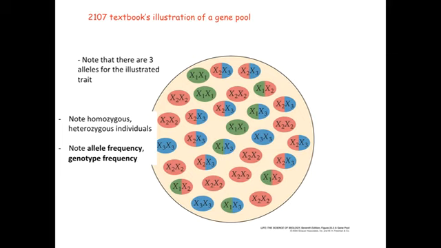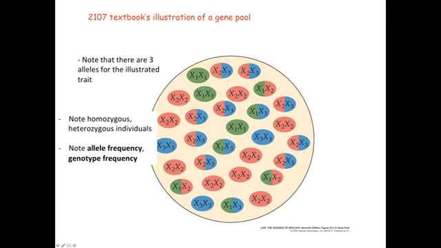And you'll see that each of these ovals here represents an individual organism in a population. This large circle represents the population. And you'll see that the alleles can be mixed and matched in different ways throughout the population. So here we have an individual who's homozygous for X1, and here we have an individual who's heterozygous for X1